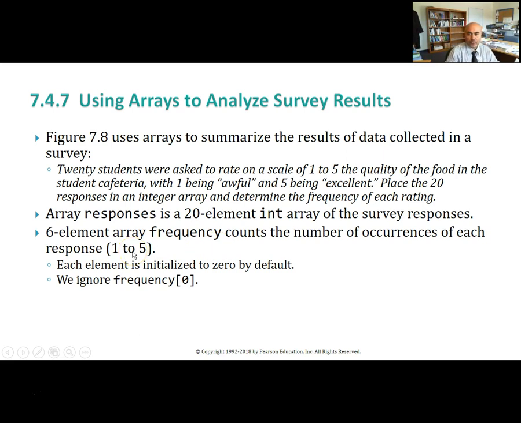And another thing that I'm going to use in this program is a try catch, which means I am going to also try to catch if somebody gives me a response other than 1 through 5. So again, when I'm taking a poll, if somebody inputs 7, that is not a valid response. All right,